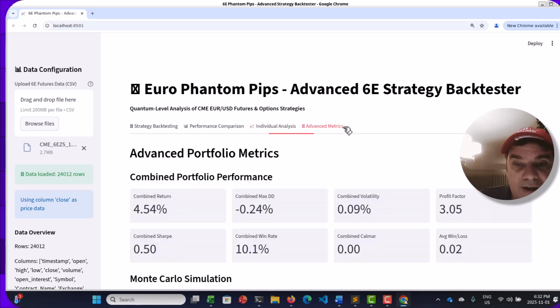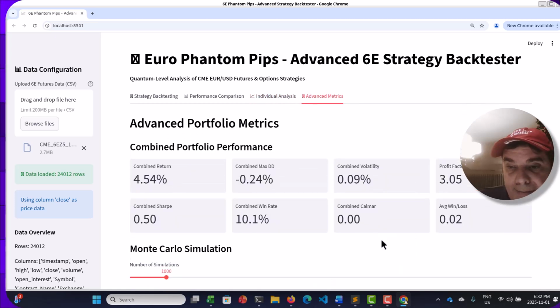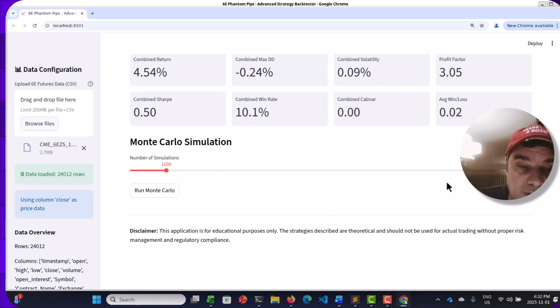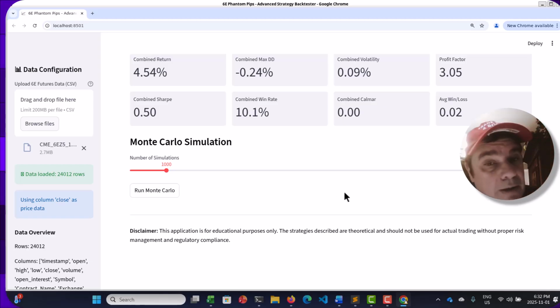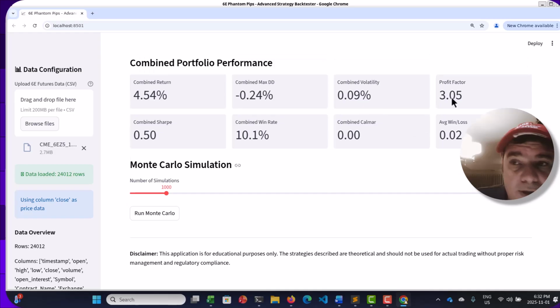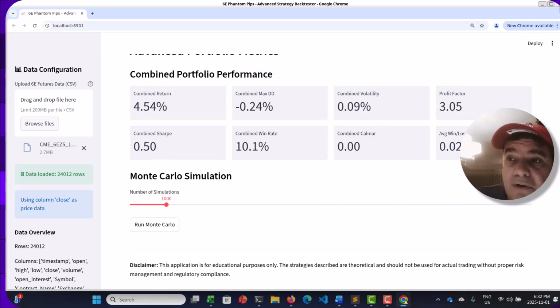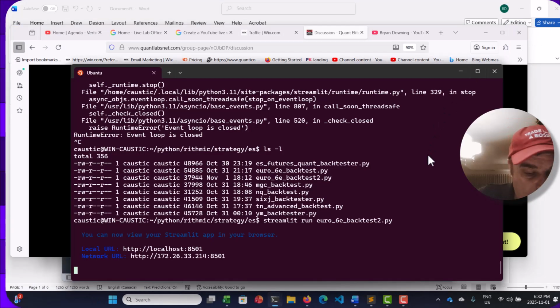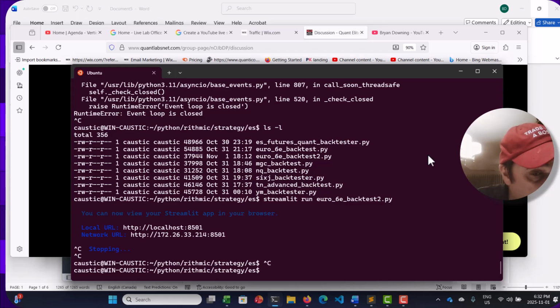So let's check out the advanced metrics. Profit factor of 3, that's pretty strong. So here we can run the different Monte Carlo. I'm not going to do that. I didn't ask for it. I could. So again, I'll provide the source code for that. So that's a good strategy to go with for Euro in the CME. That probably might work. I don't know, I have to look at the code, but I'm just saying from a high level, that might work to trade on the minute. Okay, so let's take a look at the next one, which would be the yen.